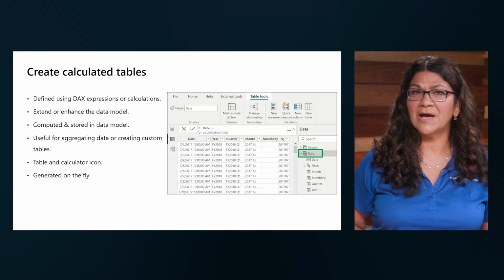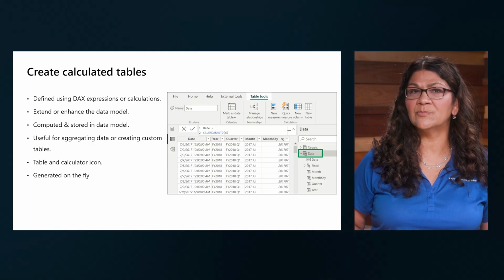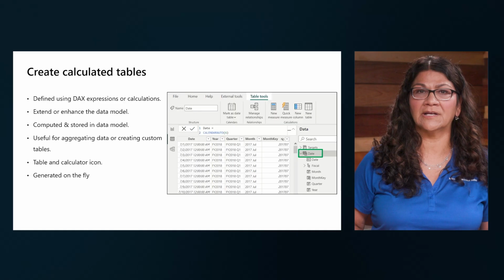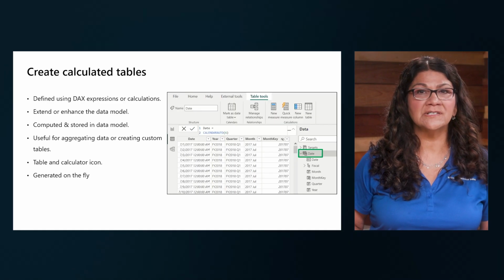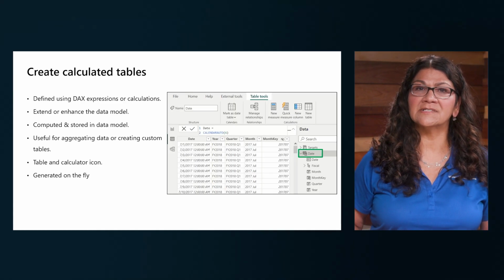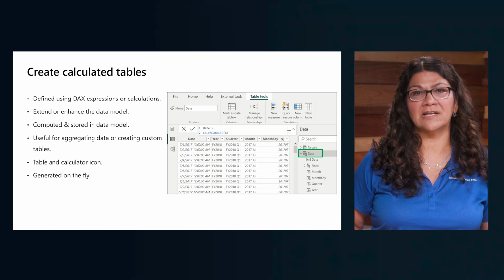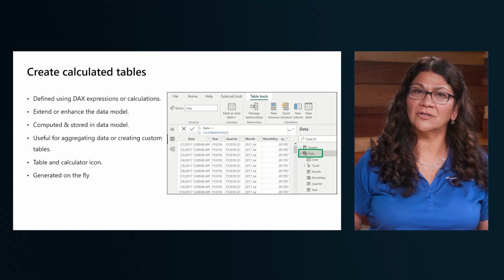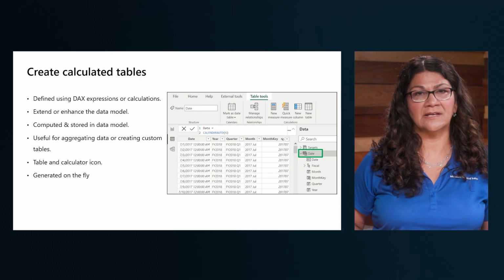Calculated tables in Power BI are tables that are created based on DAX expressions or calculations. They are stored as part of the model and remain static until your data model is refreshed. Calculated tables can be created manually by writing DAX expressions or by utilizing functions like CalendarAuto, as shown on this slide.